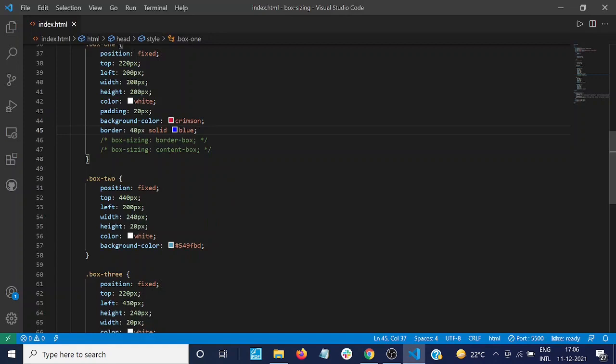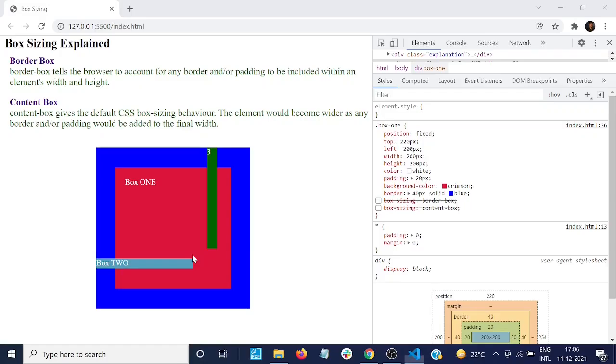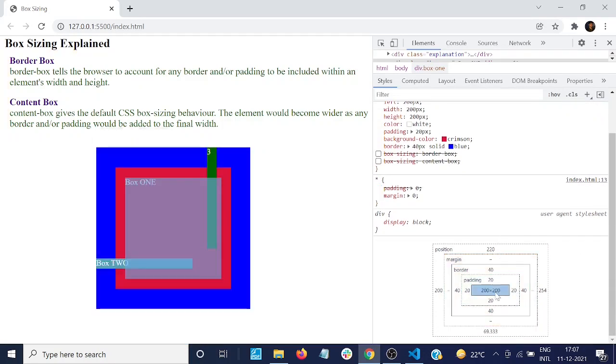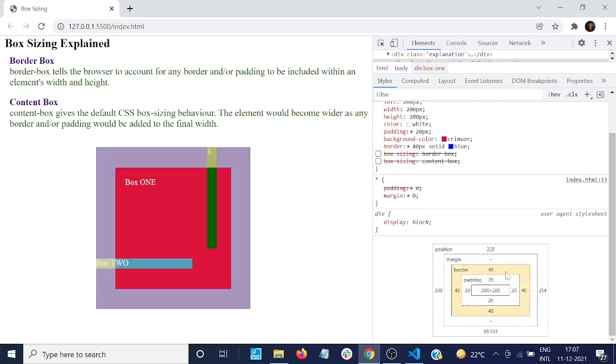Now let me come back to box 2 and make it again a width of 200 pixel and a height of 200 pixel, and the same in box 3. Save them. This was our original configuration for box 2 and box 3. Now let us examine box 1 having a content box type. If I come on the right hand side of the screen, I can see that box 1 is still of width and height 200, with a padding of 20 pixel around it and a border of 40 pixel around it.